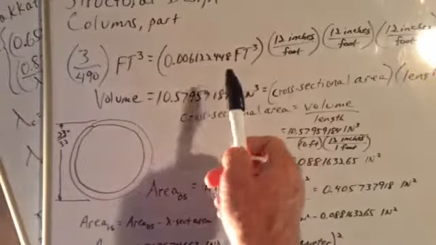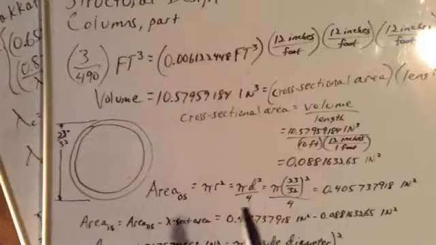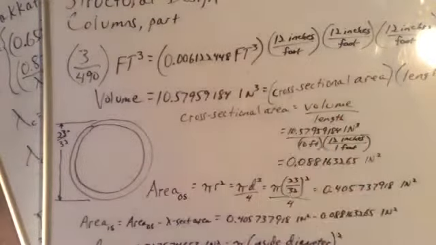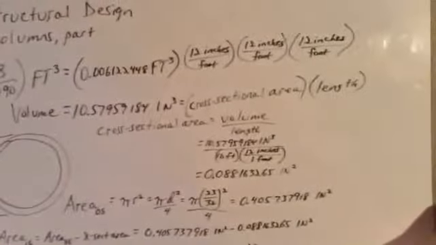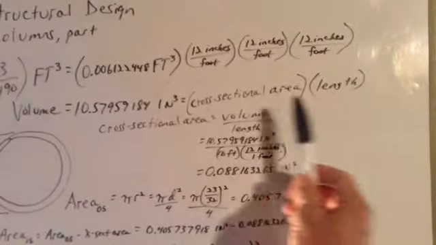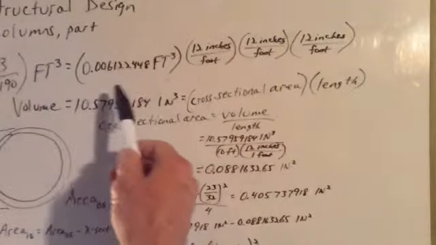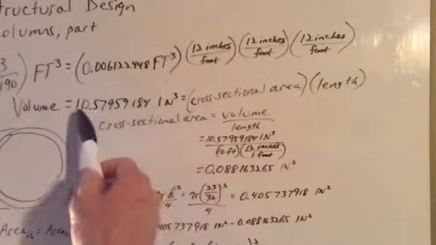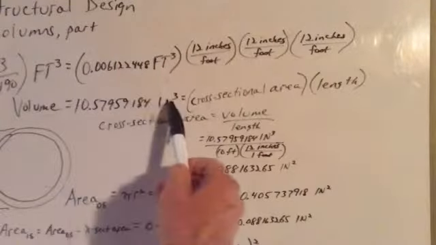We want to turn those cubic feet into cubic inches, so we just multiply by 12 inches per foot three times in a row. Then we calculate that the volume of our 10-foot section of 1/2 inch electrical conduit is a little over 10.5